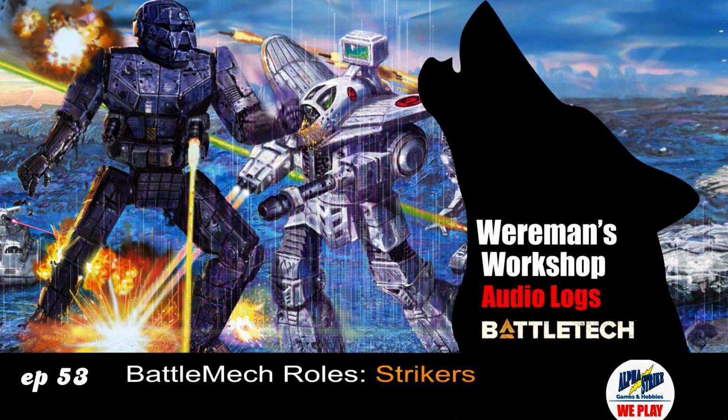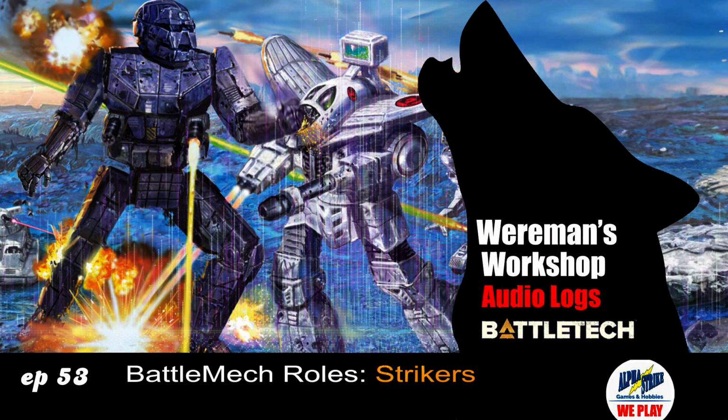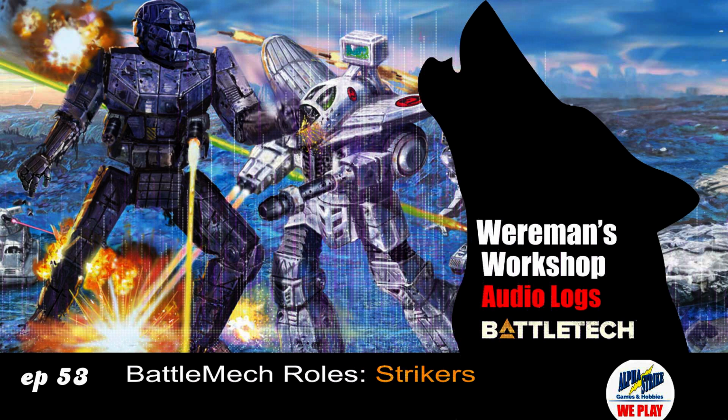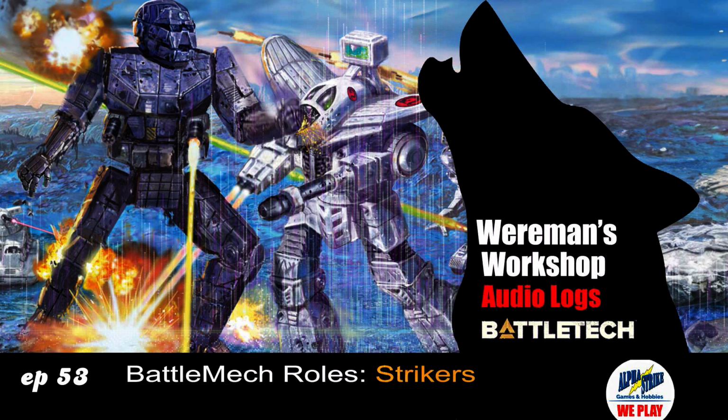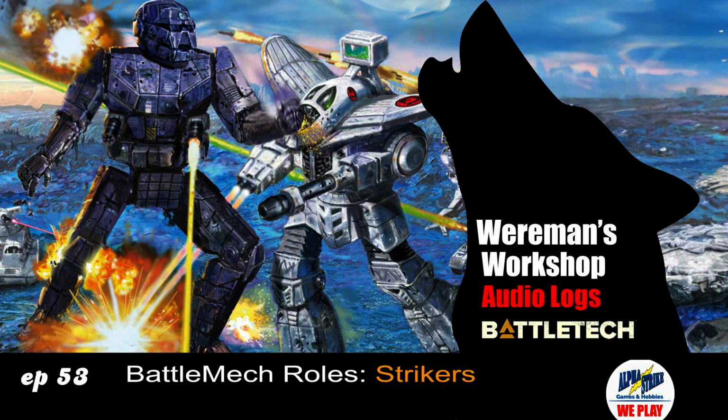So the 711s at 40 tons: ERPPC, Streak 4, LRM 10 and a medium pulse laser. But this is the original Clan OmniMech. Clan Coyote developed this one first. This was the first one they did. So it is a little bit crappy, but the armor's pretty much max. It's one point shy. It's got 22 heat dissipation, and it can probably generate...